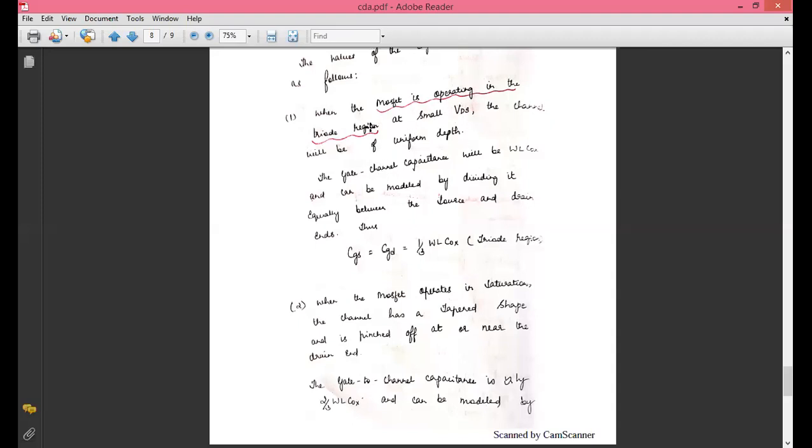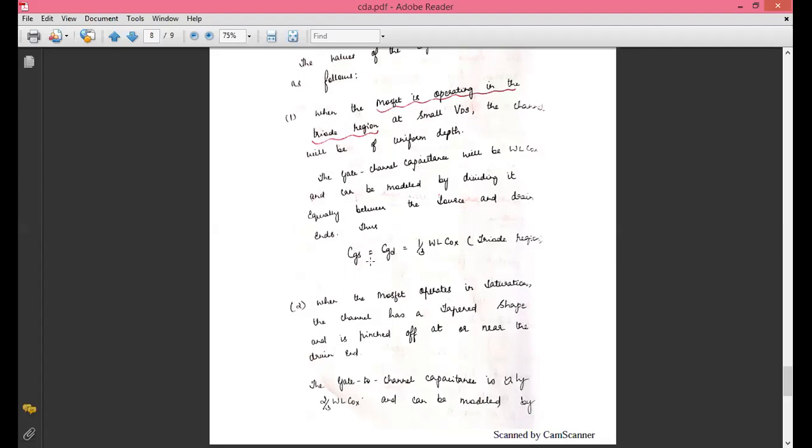So when it is small, they will consider one capacitance, that is gate to channel capacitance. Gate to channel capacitance means what? Here the gate is sitting on the source and drain, so the gate is associated with source and drain. So we will show the effect as CGS and CGD. Very important: when the MOSFET is operating in triode region, the drain to source voltage will be small. During that time there exist two capacitances, gate to source as well as gate to drain. These two capacitances are equal.